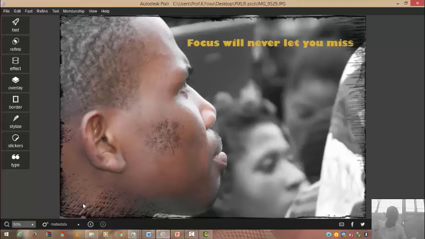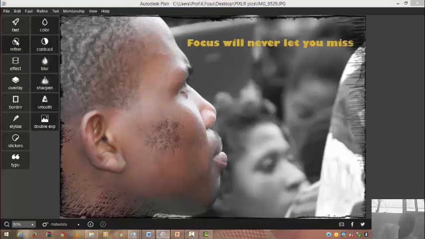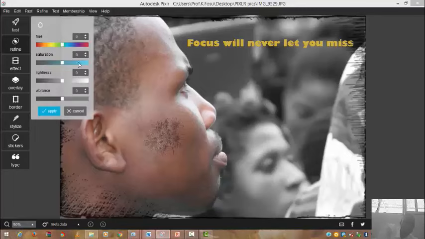So let's now look at the very last thing, or the last but one. We are going to look at how you can also edit this picture with your preferred color. So you come to refine, which will give you a set of tools you can pick, and then you go to color, because the concentration is not on any other thing, it's on color. So we just go to color, and then you can